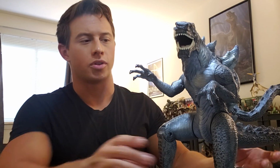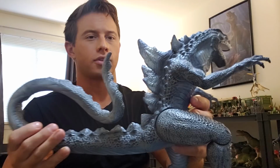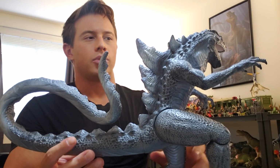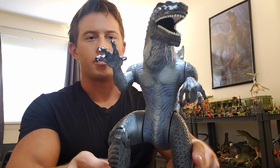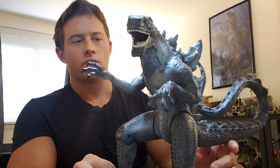But I think that's why I like him in figure form so much, is I do like the design. I like the sculpt and the features of him and the coloring. I think it's close enough to Godzilla. You got the spikes, you got the reptilian, dinosaurian look, you got the charcoal coloring. He's just very menacing. He has the right number of fingers and toes, and